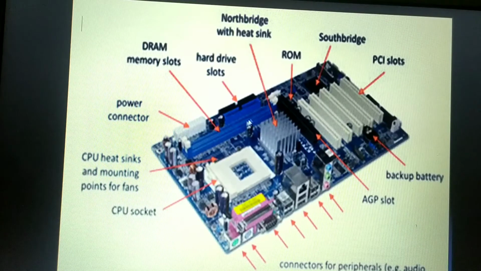But here in our ATX we are using DDR, that is the double data rate random access memory. Here it is given as DRAM. Actually it's a double data rate memory slot, where the data transfer happens on both the rising edge as well as the falling edge. And then the hard disk drive slots, a primary and a secondary IDE hard disk drive. If I want any external hard disk, I am able to connect it through the IDE ports.